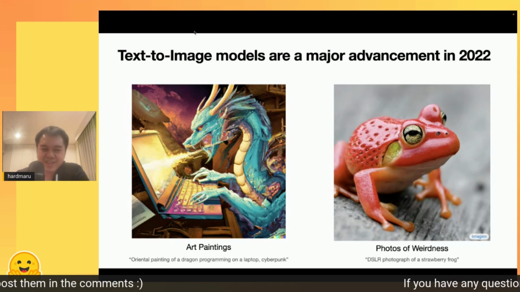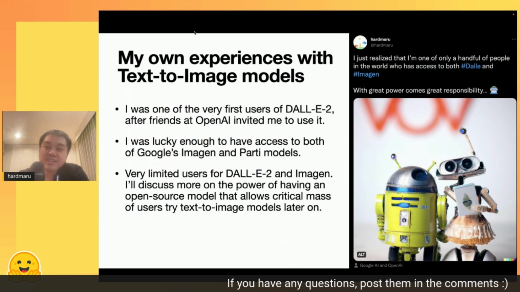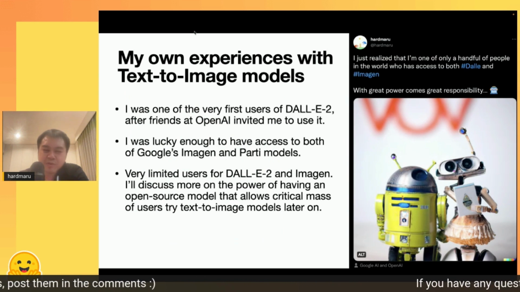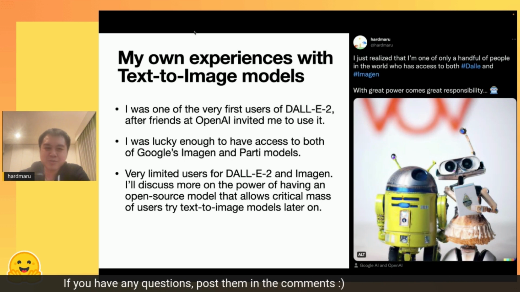strawberry frog. And what was really weird, it seems it was only this year, but it seems like such a long time ago. Remember back in April, only a small minority of people had access to DALL-E 2 or Imagen. It's not like now, where everyone can download Stable Diffusion or whatnot, or get invites to Midjourney.